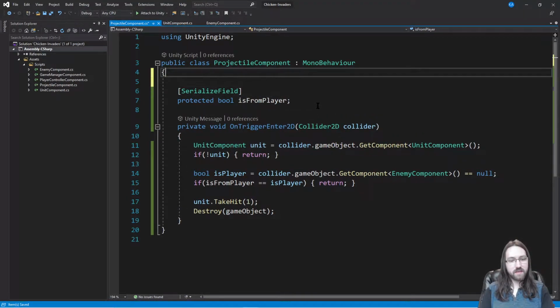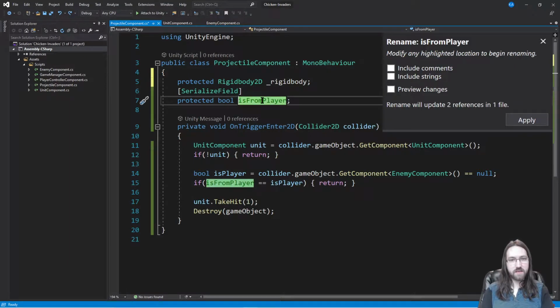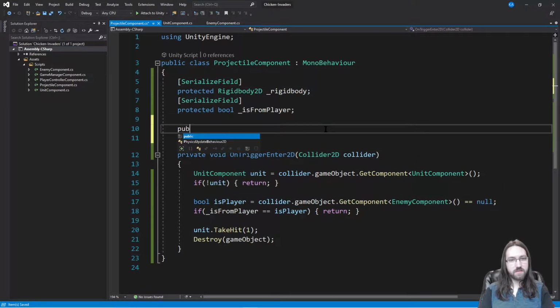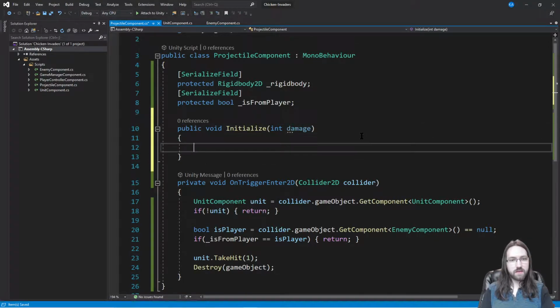So what we'll do is have a protected Rigidbody2D. This will be the rigidbody that it uses to move. And let's actually add the correct naming convention here. Then we'll serialize this. What we'll say is public void Initialize. There we go. So what we want to do with Initialize is give this some kind of damage, and then tell it to just start going forward. So we'll say rigidbody.velocity equals